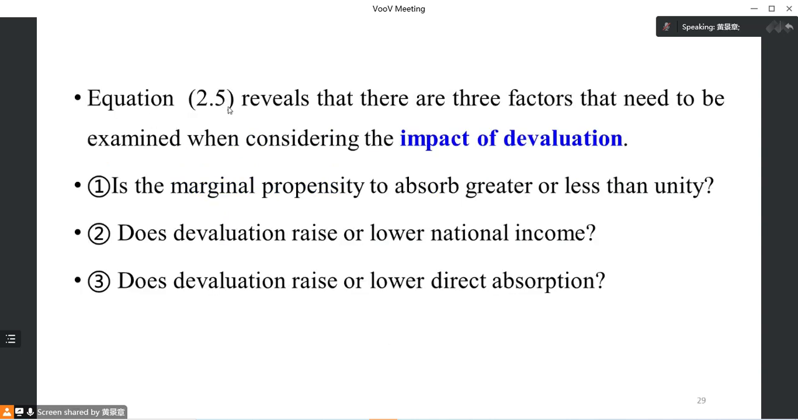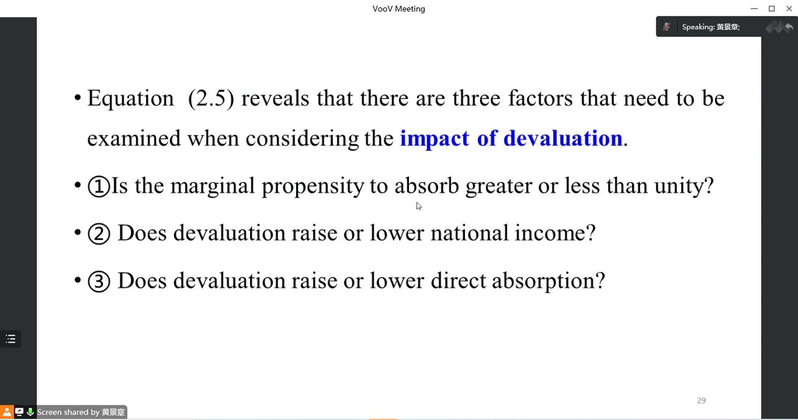Equation 2.5 reveals that there are 3 factors that need to be examined when considering the impact of devaluation. We should know there are 3 factors. First